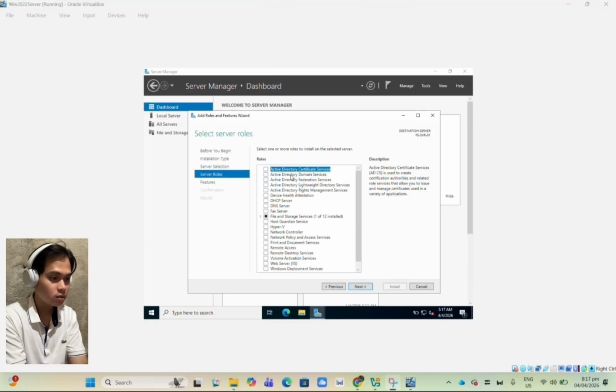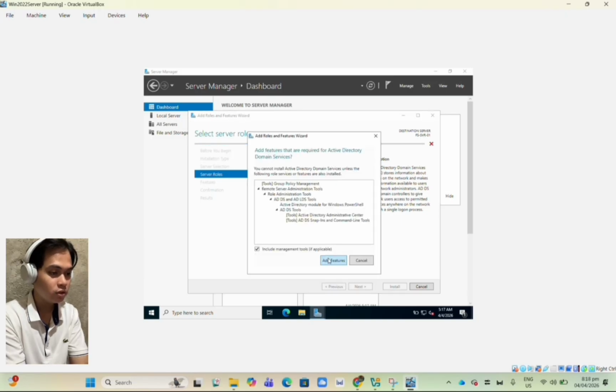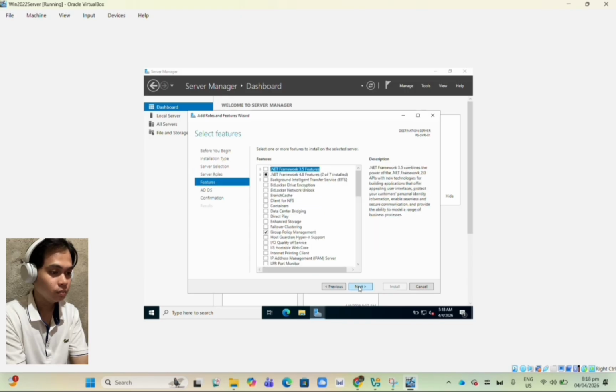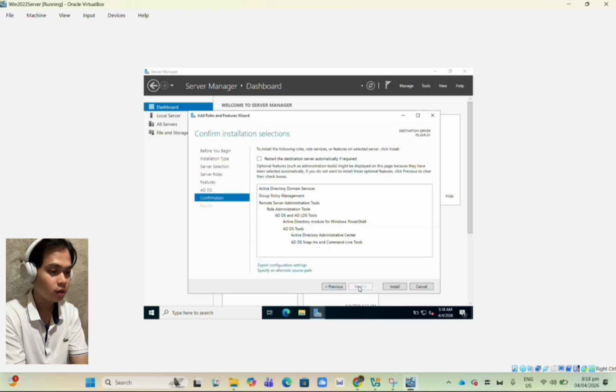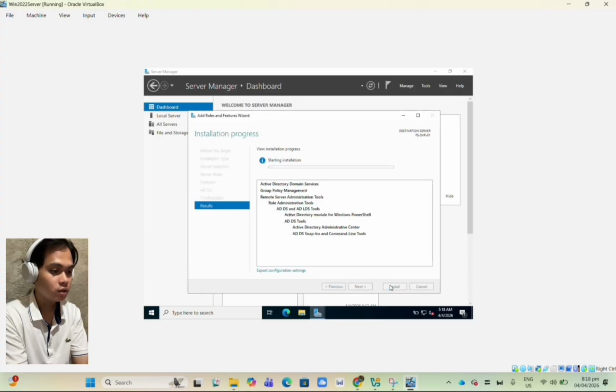So in this case, you have to click the Active Directory Domain Services, and then add features, and then next, and after that you will click install. But before that, you have to check the restart. So after the installation, the PC will automatically restart. So you just have to wait,